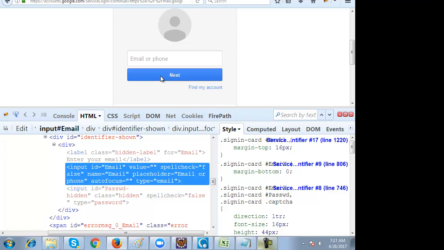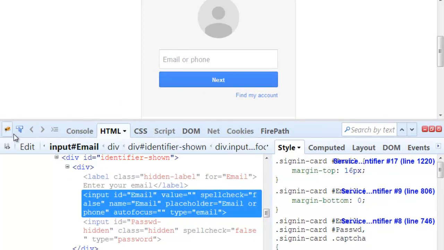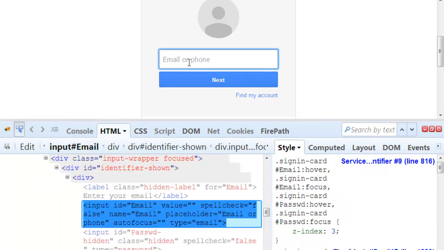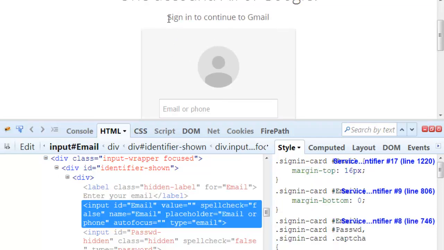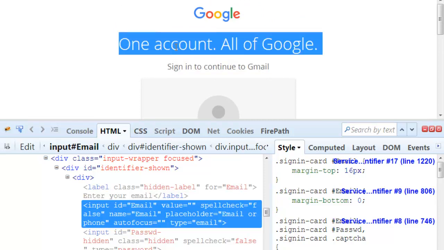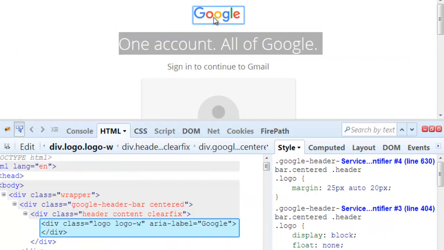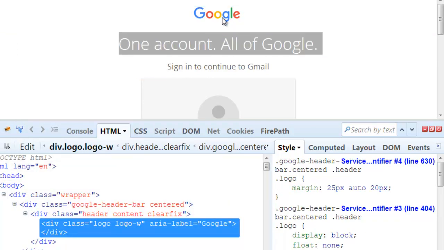A button is a web element. A text field is a web element. A link is a web element. The text out here is a web element. This image displayed on the top, the Google image, is known as a web element.